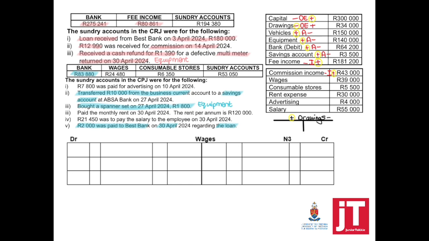Next, we've got wages. Wages is an expense which will increase on the debit side. That means the total brought forward will appear on the debit side, 39,000. In my CPJ, we had a money column open for wages, 24,480, which means posting from the CPJ, bank is credited, the rest is debited. Our expense